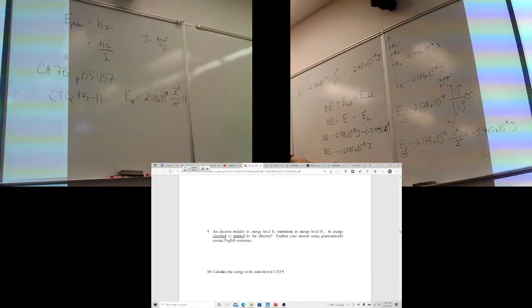A negative change in energy means the atom has lost energy. That should make sense, right? If the electron was at a high energy level and it drops to a low energy level, the atom is emitting energy. It's getting rid of some energy. That's the energy it has lost. It lost 1.6335 times 10 to the minus 18 joules. Where did that lost energy go? That lost energy was carried away by the photon. So the photon had that missing energy. The photon has a positive 1.6335